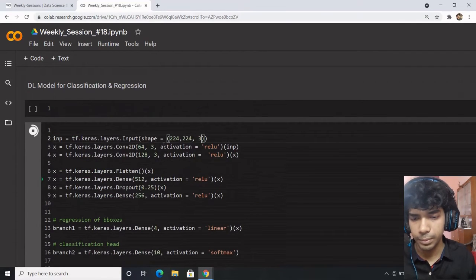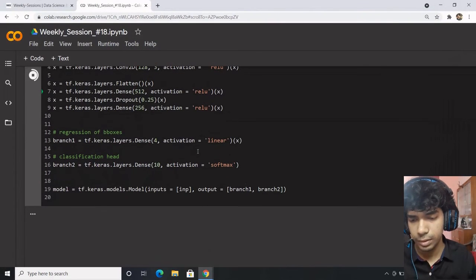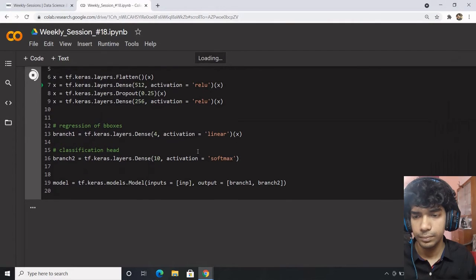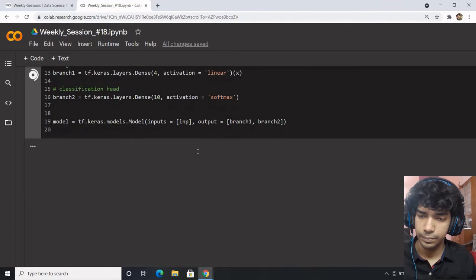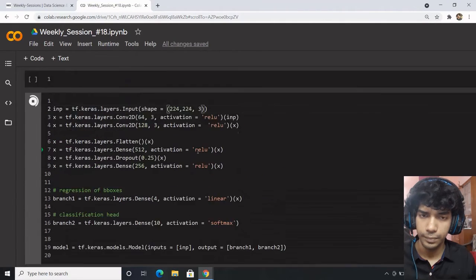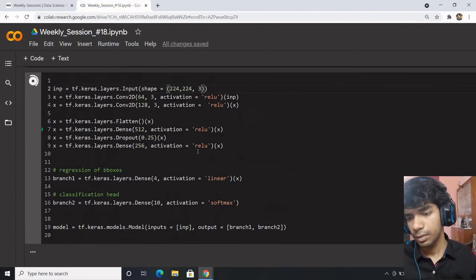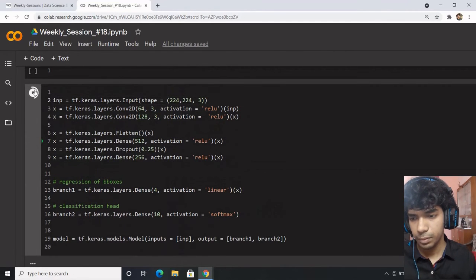Okay, it was not input shape, it was shape. Good enough. It's taking a hell of a lot of time. Stop it and rerun.